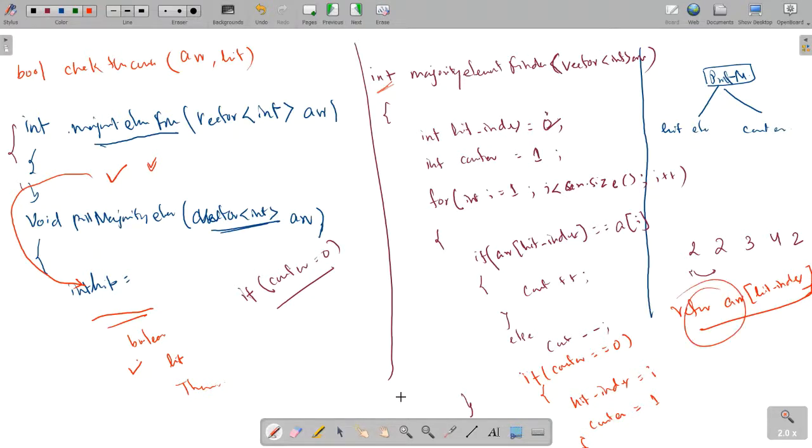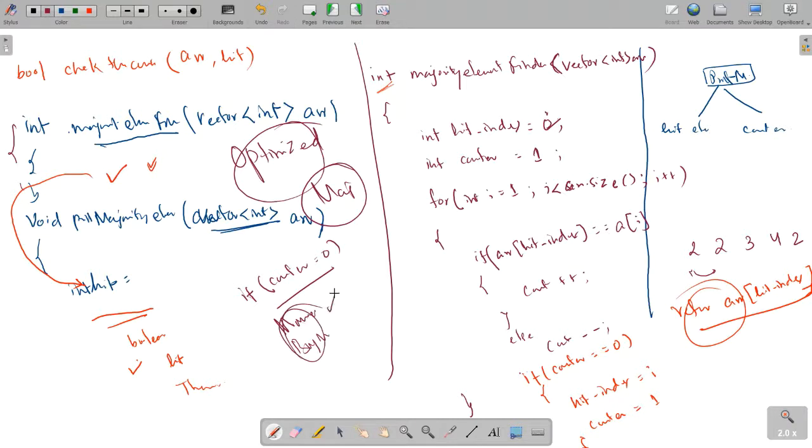So this is how you are going to solve this problem, and this is a pretty easy algorithm. I would like to suggest you guys that always try to focus on the most optimized way to solve a certain problem. Like this is the majority element finding problem, and the most optimized way can be done by Moore's algorithm. This is also known as Boyer-Moore's algorithm. So this is the best possible way. Other two possible ways are the hash map and the sorting. These are also good possible ways, but these are not most optimal, because the hash map takes order of n time and order of n space, and sorting takes order of n log n time and order of 1 space.